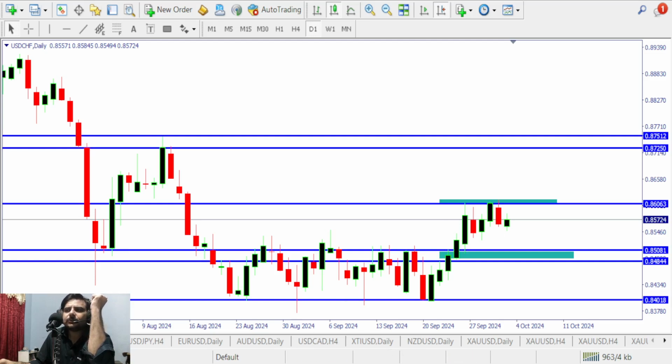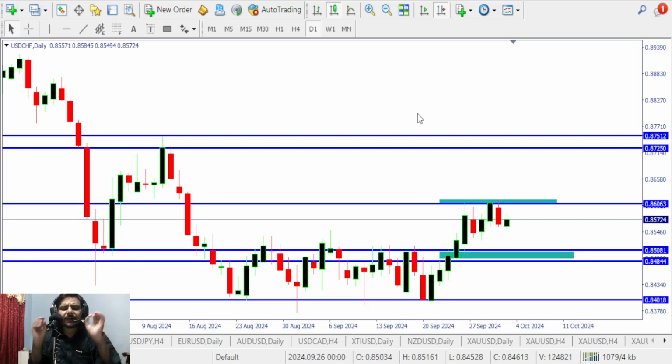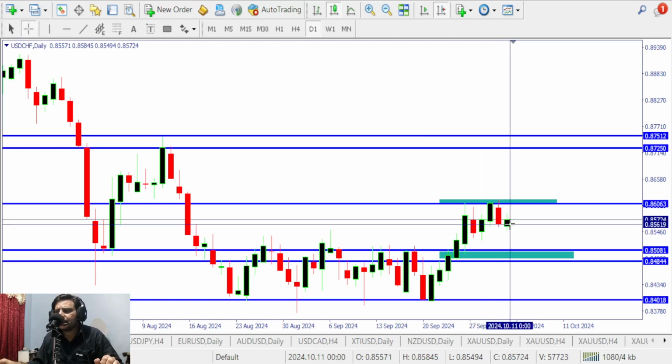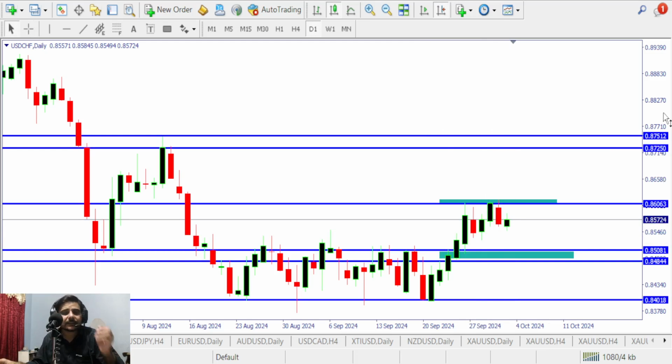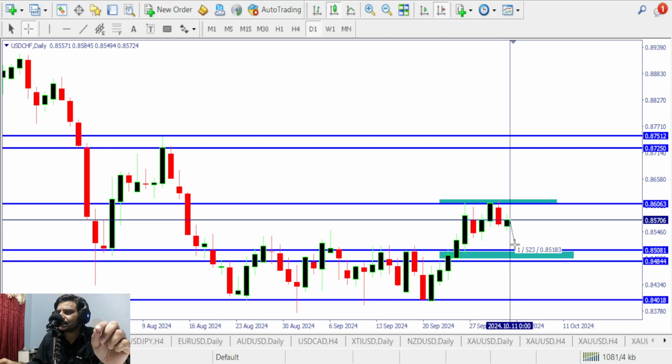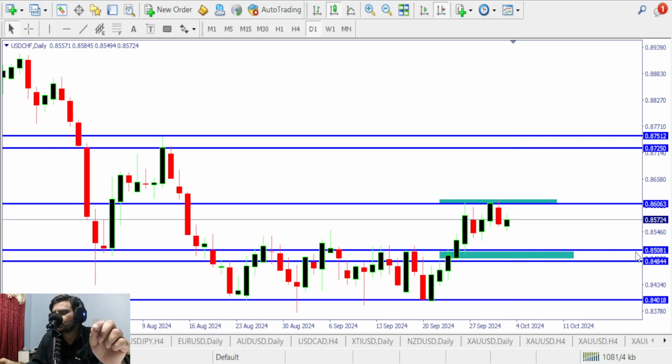Let me tell you that this is being rejected on a weekly basis in the market. Now remember everyone, whenever the market is in such a situation, we definitely have to think about the market, and we have to take some wise and sophisticated decisions. So as you can see on this dollar CHF, as it's trading very nicely, on the week close we have seen a very fantastic candle as well. That still suggests that the market can further continue down towards 0.85081 and